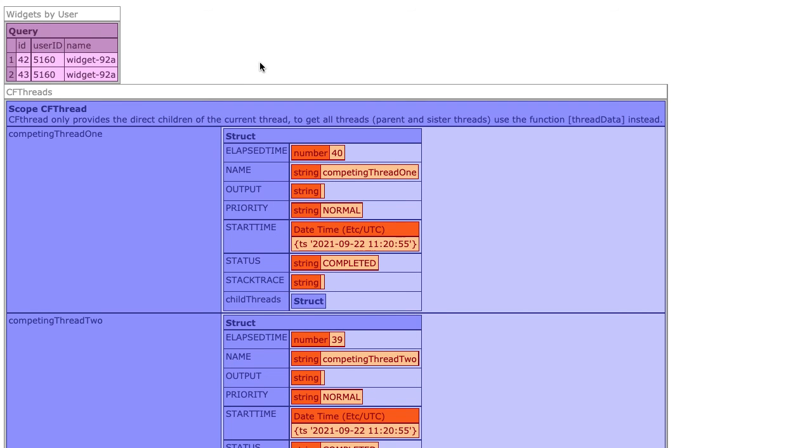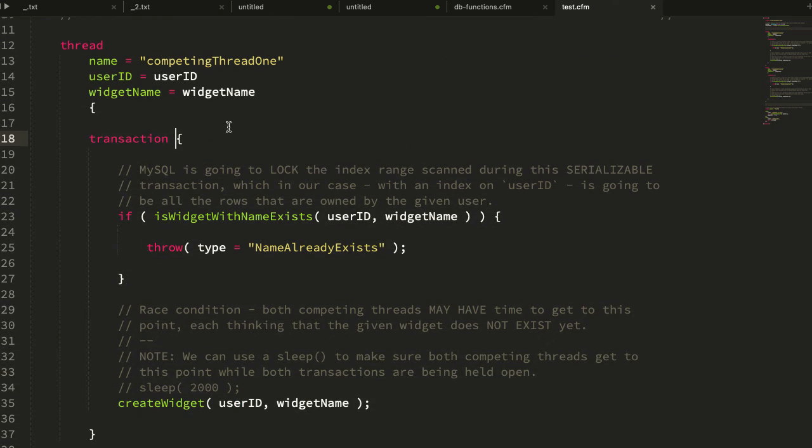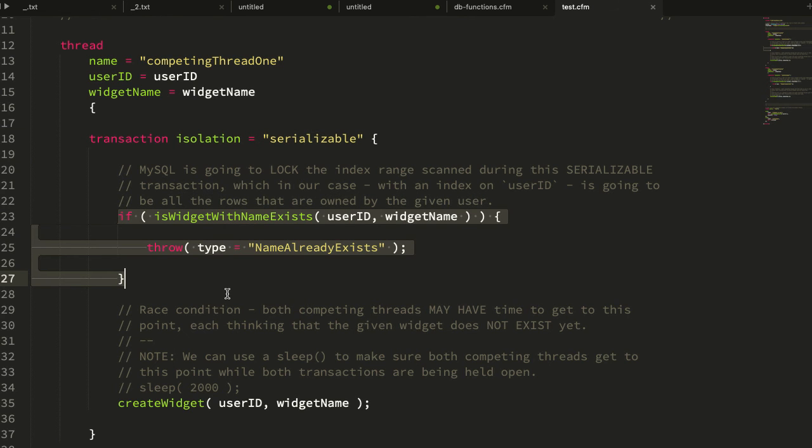That's because of the default isolation level, which is repeatable read: isWidget with name exists doesn't end up locking the rows that it selected during the transaction. So we really need that isolation serializable in order to lock the underlying rows, so that when the transaction goes to create a record, we can block out other competing transactions from affecting the same range of user records from that